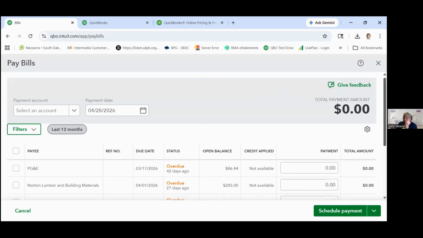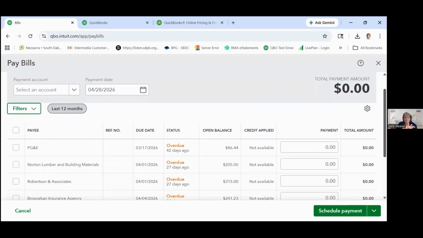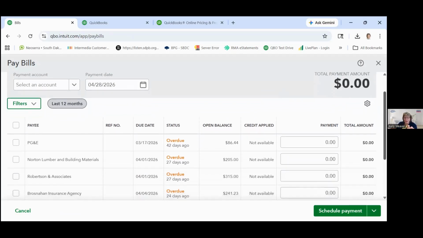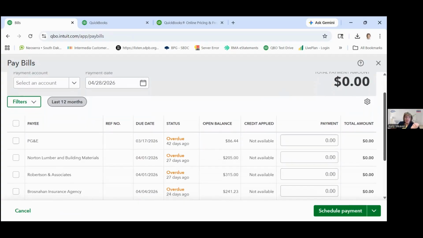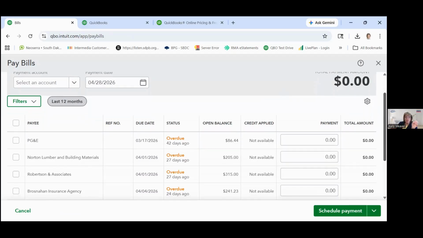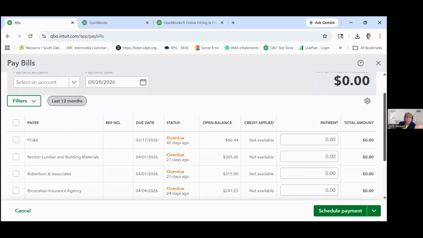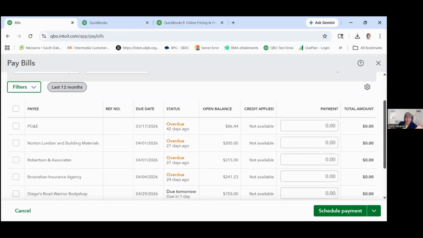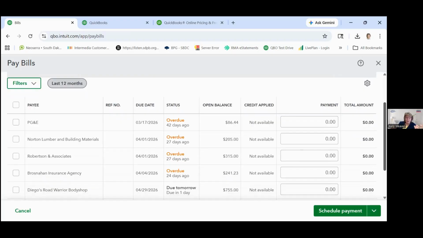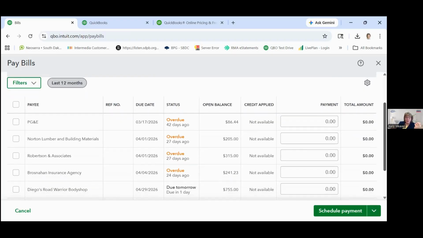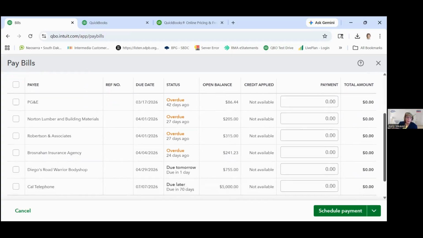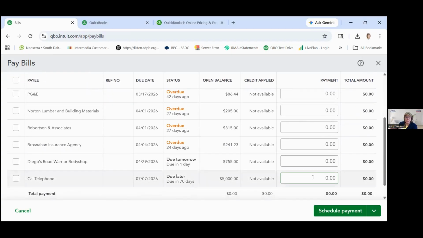Okay, so we're in the pay bills window. And why this is important that you do this versus writing a check, even though you may physically write a check, QuickBooks knows this is in here as a bill, and so you need to pay the bill so QuickBooks knows it gets paid. Otherwise, you might write a check and you might tag it as an expense. So then now you've got the expense tagged twice, and then you're going to pay the bill out of your checking account. That's going to be right, but you're still going to show that this bill is owing. So you always need to go and pay the bill, not write a check.